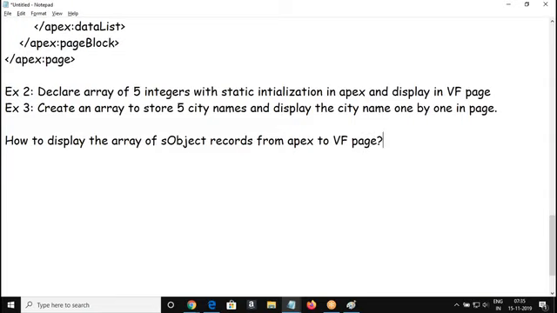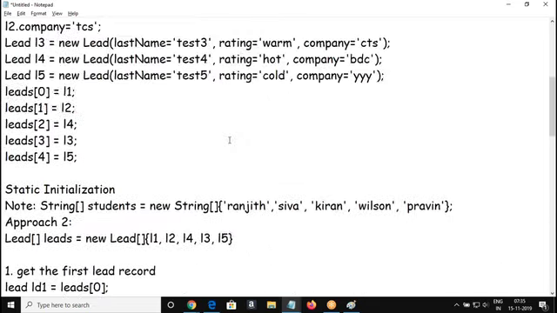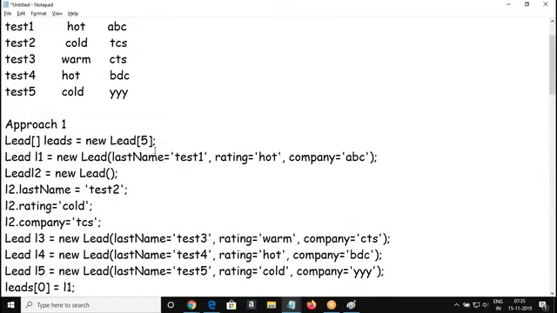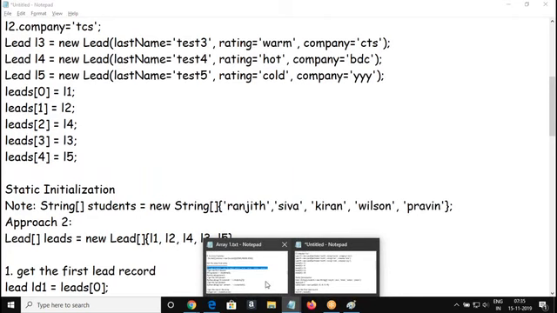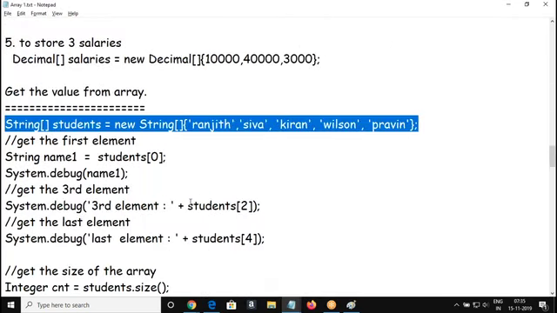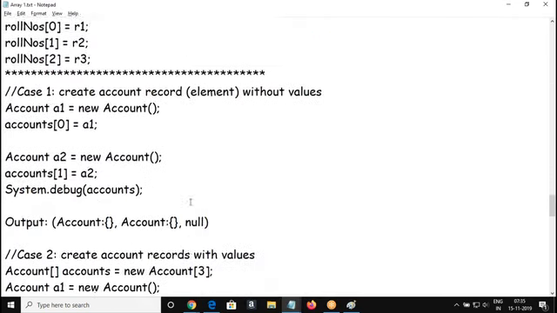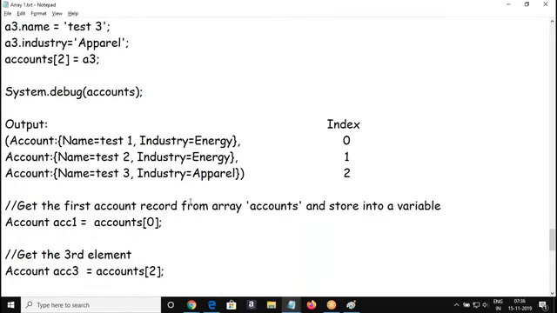So we have seen the primitive type. Now how to display an array of sObject records? We are going to see how to display a list of sObject records. So we'll take the previous example.